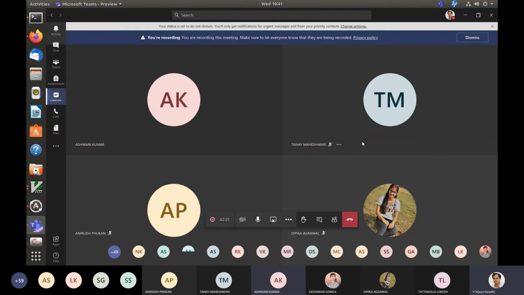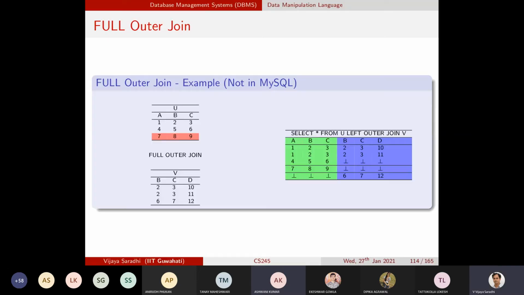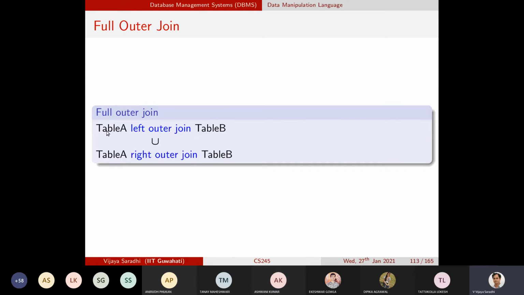Sir, how can null values come in both the left and right part in just the previous slide? Here. This one? Yes, sir, this one. It is full outer join. Full outer join definition is that you first perform left outer join on table A and table B, then you perform right outer join on the same two tables, and then perform the union operation.